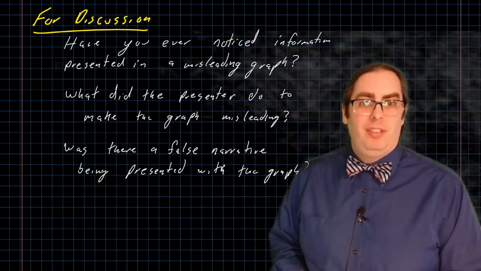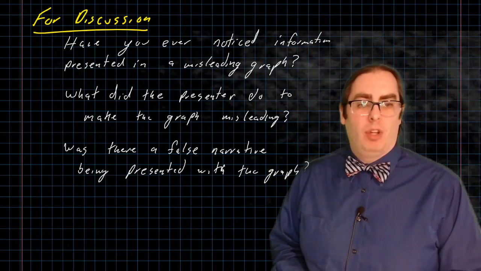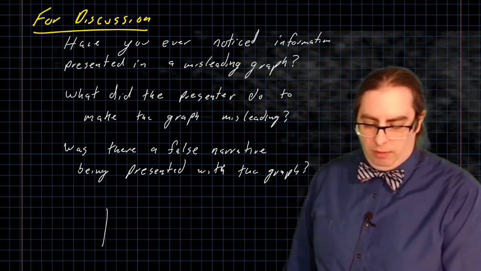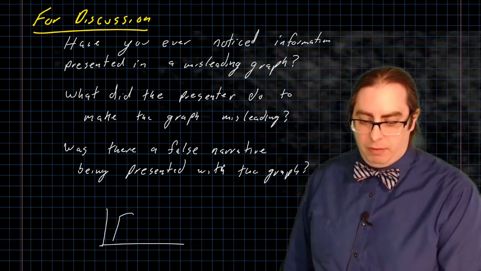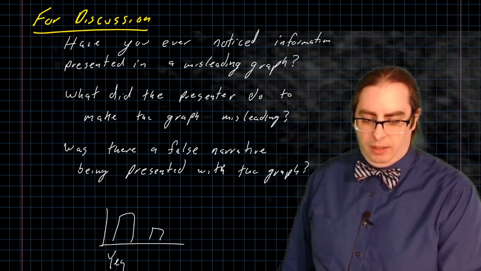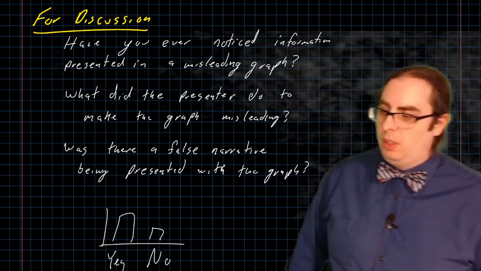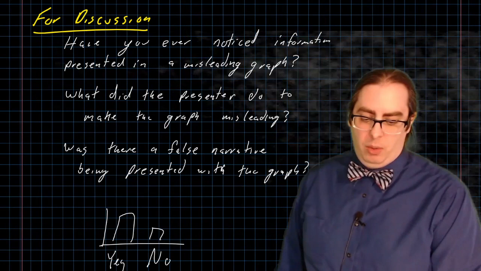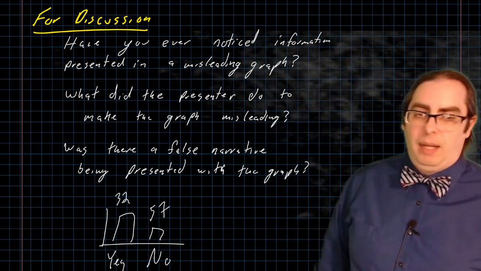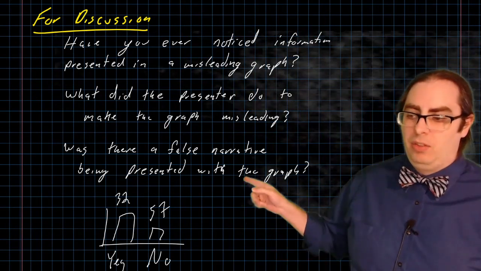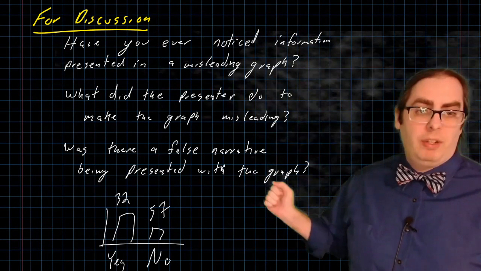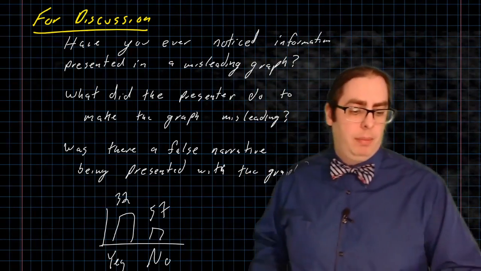I have certainly seen graphs where things are mislabeled. A very simple bar graph that I see very frequently is somebody presents something looking like that with yes and no, and then 32 and 57. That is not a misleading graph. That is a patently false graph, which is a very different thing. Still a problem,